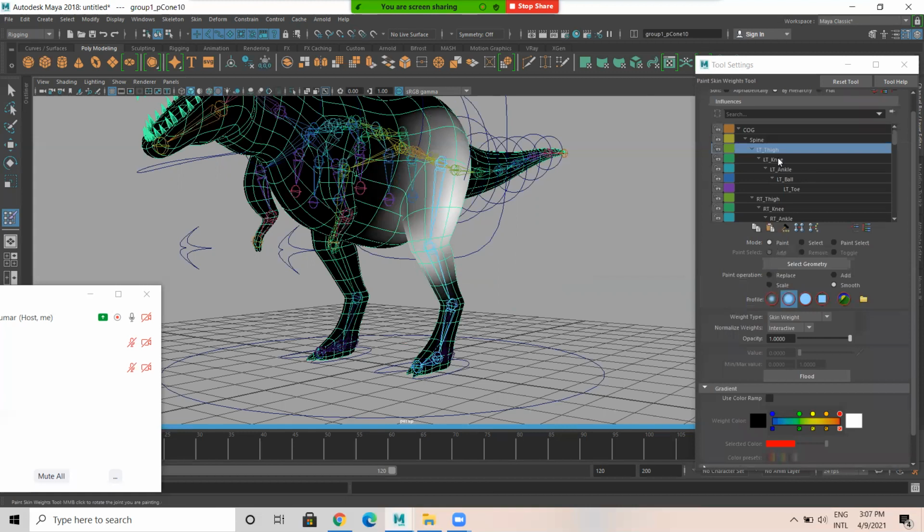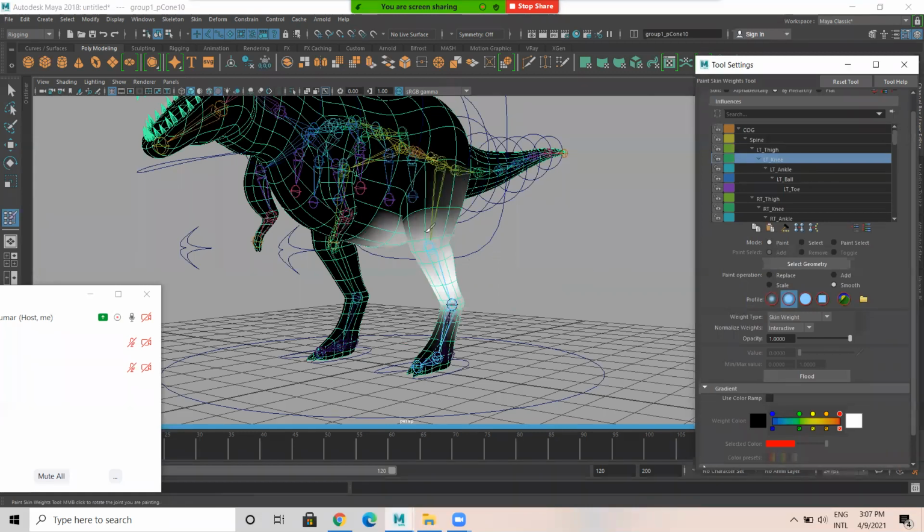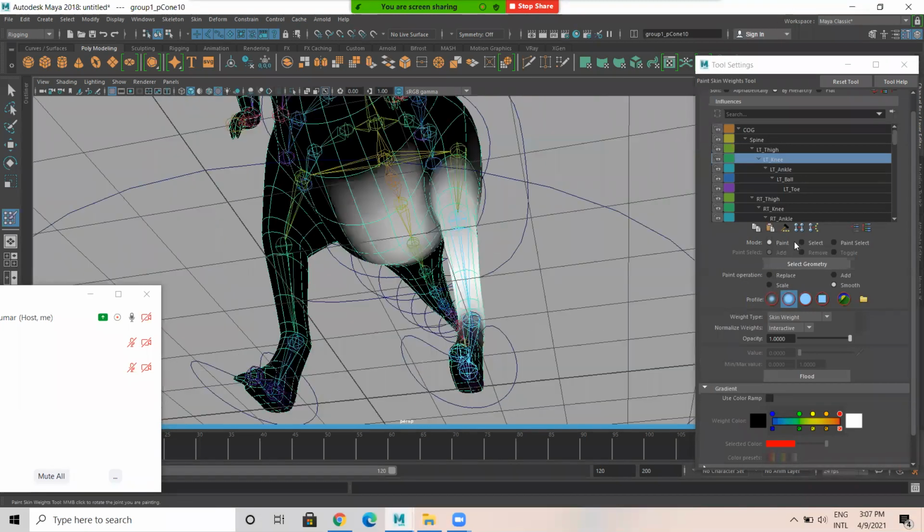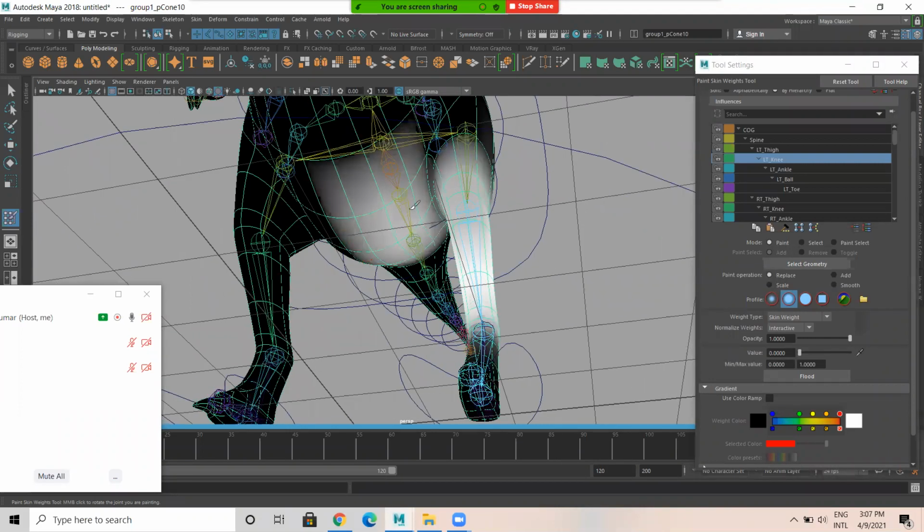Now I'll come to left knee. See, left knee joint. This is the knee joint. This is affecting. I'm gonna replace with black. I don't want the left knee to affect these areas.